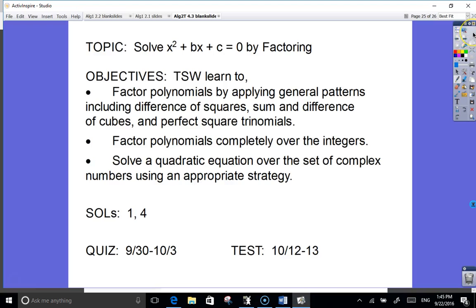Okay. So let's see. This comes from the SOLs. Factor polynomials, quadratics are polynomials, by applying general patterns including difference of squares, sum and difference of cubes, that'll be next chapter, and perfect square trinomials. Factor completely over the integers, we're about 2/3 the way there in terms of how many things to learn. And then solve a quadratic equation over the set of complex numbers using an appropriate strategy. So sometimes it won't tell you how, it just says solve, and you've got to figure out what to do with it. The homework is